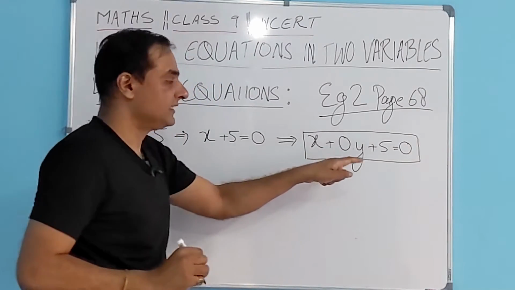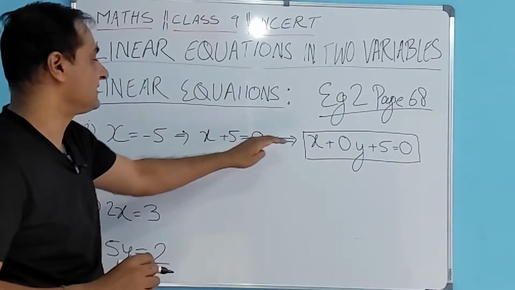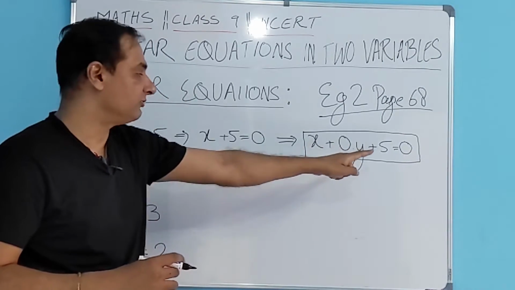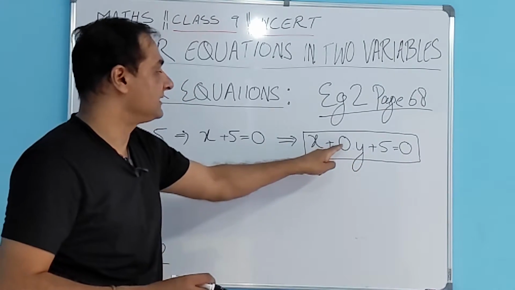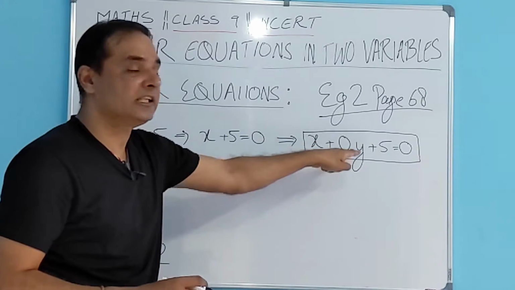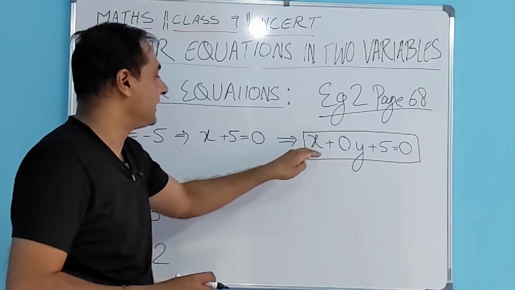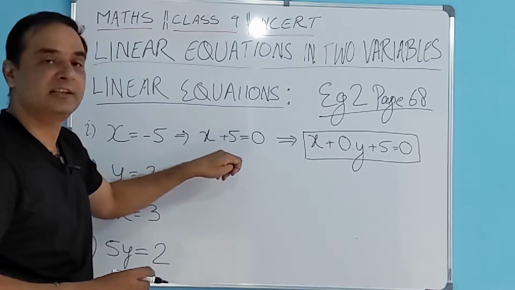So if you see this equation, it's just written there to have a second variable over here. Other than that, if you see 0 multiplied by y, this term will also result in 0, and ultimately it will become x plus y equals 0, which is what we have here.